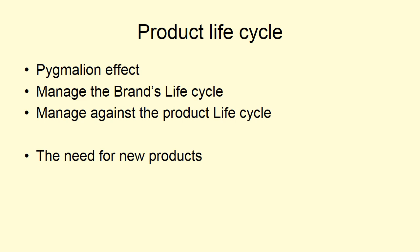A good example of this would be something as simple as laundry detergent. Remember, all laundry detergent used to be powdered. And when there were powdered laundry detergents, the number one selling laundry detergent was a detergent called Tide. Dirt can't hide from intensified Tide. Okay, and